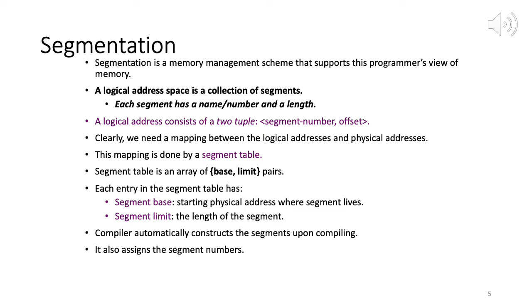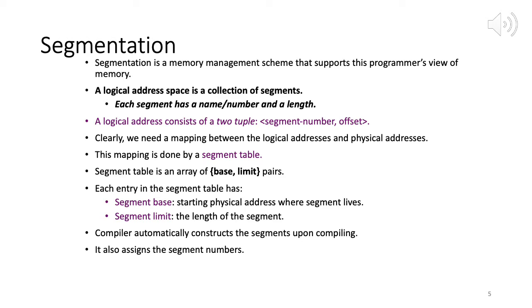So what we're saying is that logical address space is divided into a collection of segments. Okay, each segment has a name, number, and a length. So you can access segments using a name, number, and then you also have a length. So now in this segmentation scheme, what does each logical address consist of? Right, so in paging what we had was each logical address had two parts, which were P and D, page number and offset.